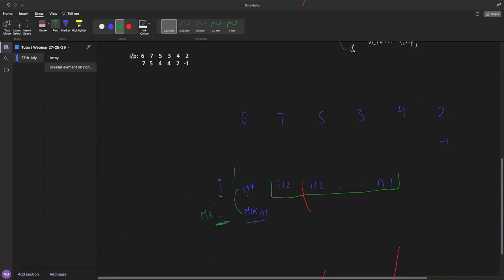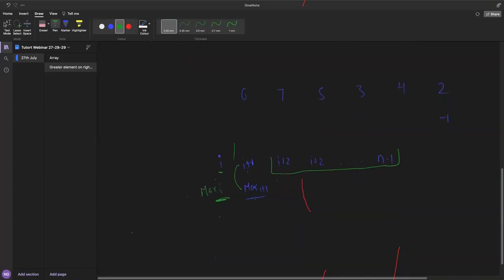Okay, if you compare it with the I plus 1, then you will have the maximum element here for I. So in simple language, if I write it, maximum element I is nothing but maximum of I plus 1 comma maximum of I plus 2. That's it. You don't have to calculate maximum again and again because you already know that this maximum is nothing but the maximum among all these numbers. Okay, this is defined. So how can we apply the same thing here in our logic?